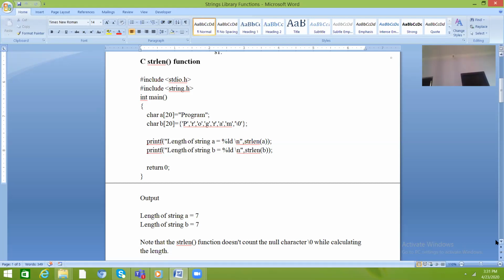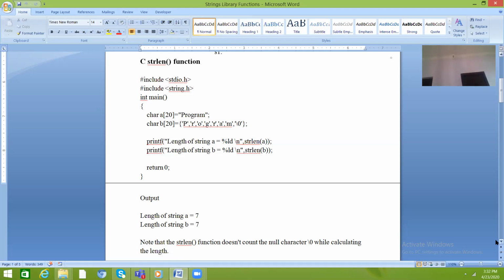Suppose you have an array of size 20. You initialize it with the word "program" in double quotes. Then you take another string. The first string has size 20 and is initialized within double quotes as program.